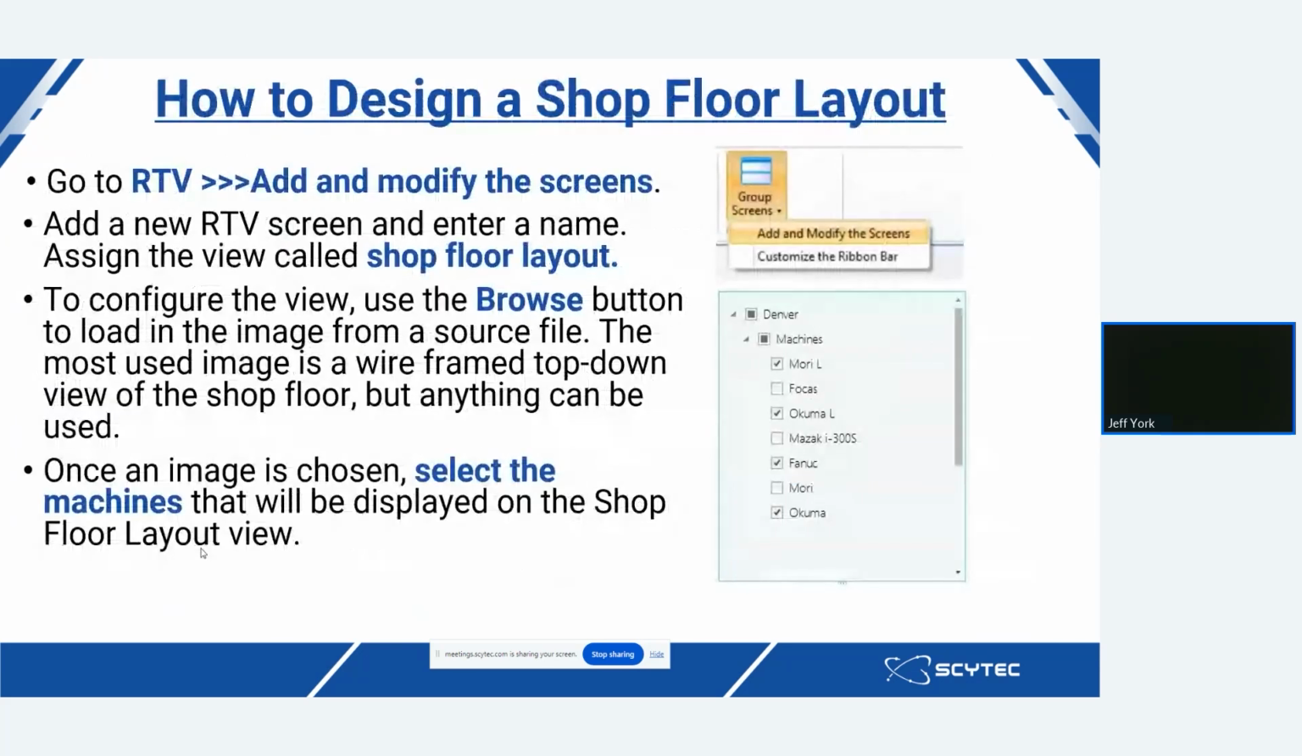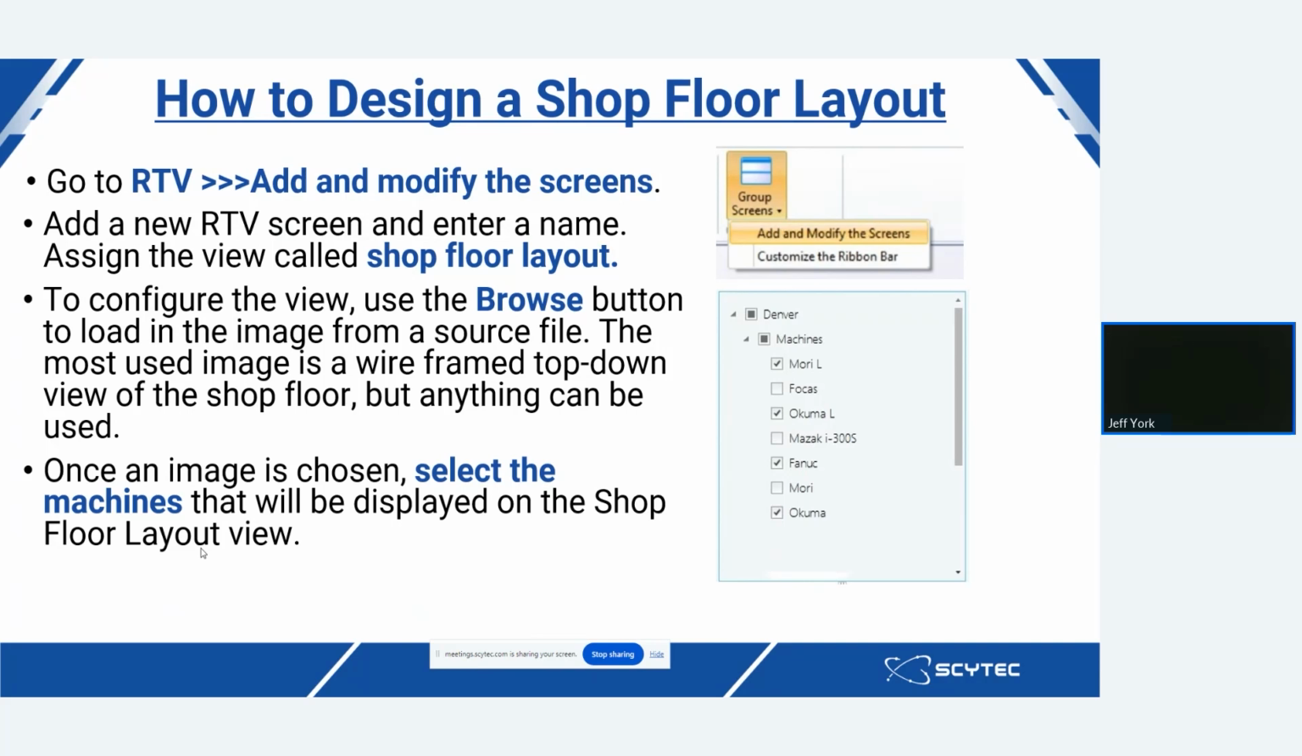Now I'm going to describe how you can design your shop floor layout. So first, you're going to go into your RTV in the desktop version. You're going to go to the Add and Modify Screens button. There is group screens as well as your own personal screens. The image at the top right there is the group screens, where you can find the Add or Modify Screens selection. You will then add a new RTV screen, enter the name, and then assign a view that is called